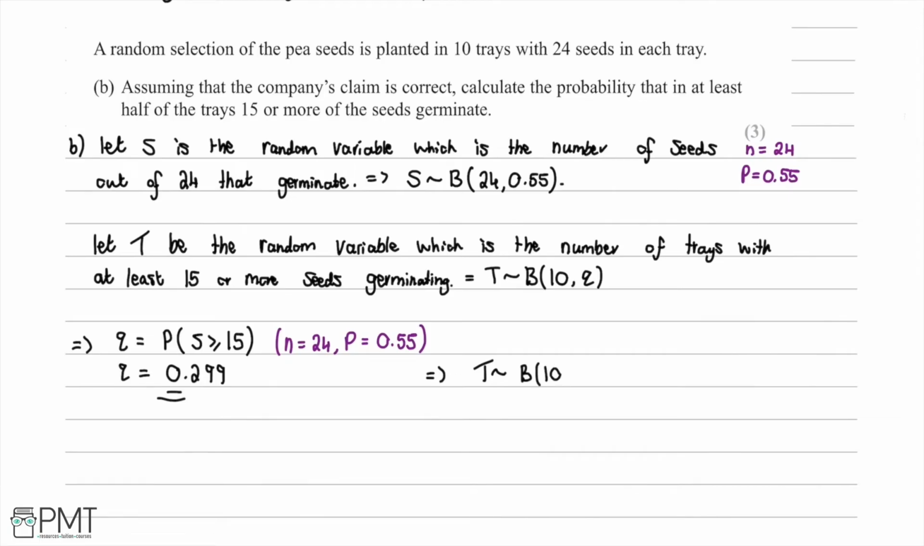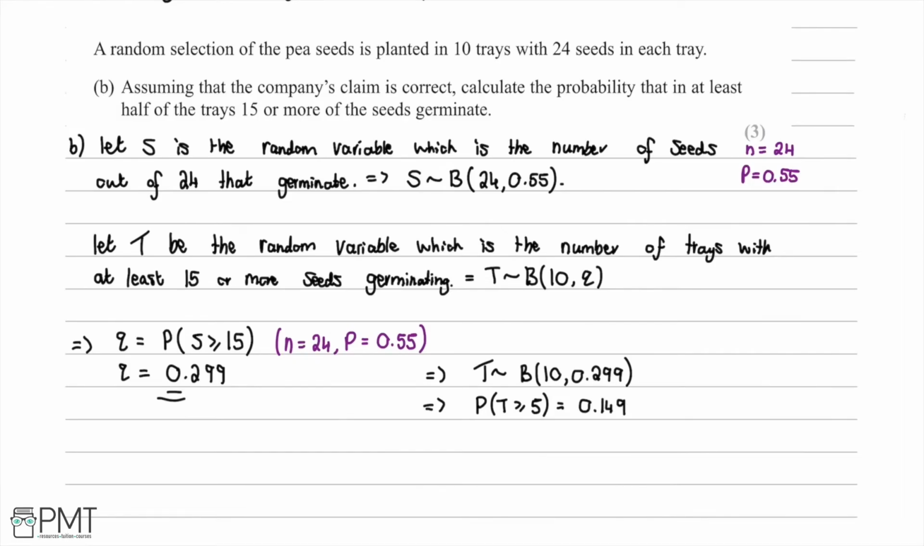And then we'll have that T is going to be binomial distributed. It still has 10 trials, and we now know what Q is, so we can put that in. So it's going to be 0.299, and then we're asked if at least half of the trays, so that means we have at least 5, so we want to work out the probability that the number of trays is greater than or equal to 5, and again with N equals 10 and probability 0.299, we put this into our binomial calculator or look at a binomial distribution table, and this comes out to 3 significant figures at 0.149,